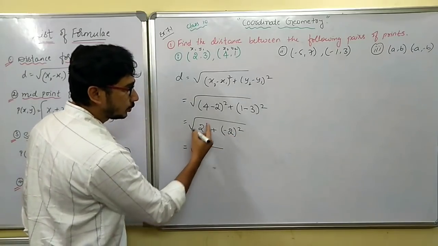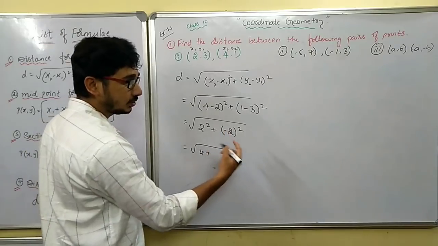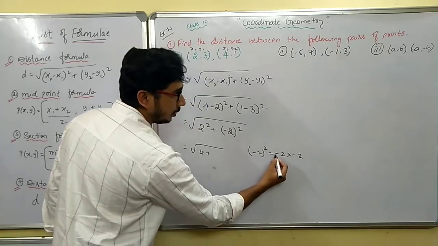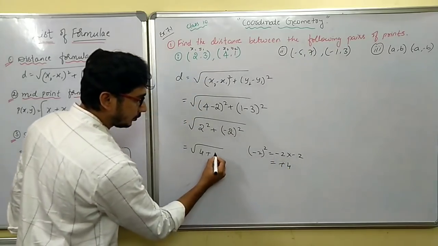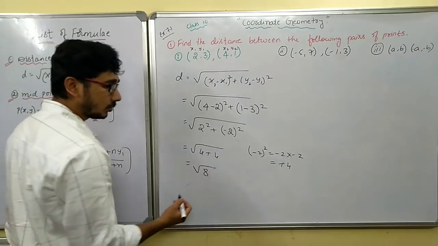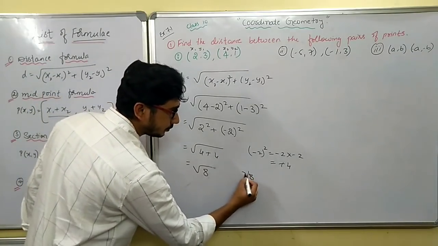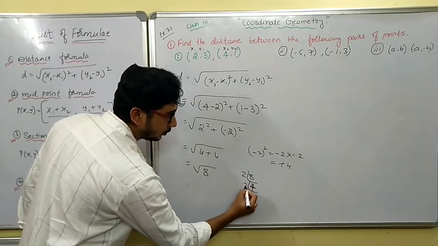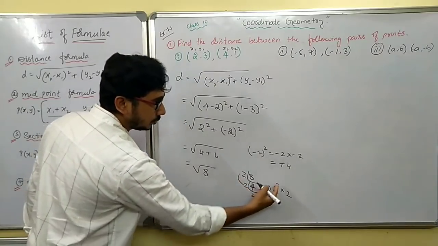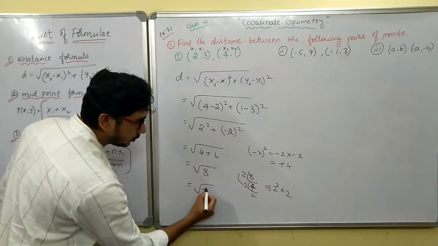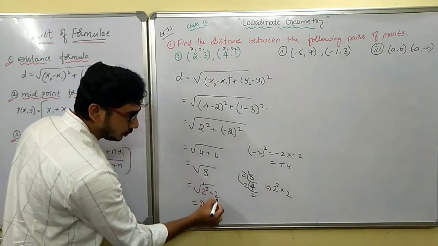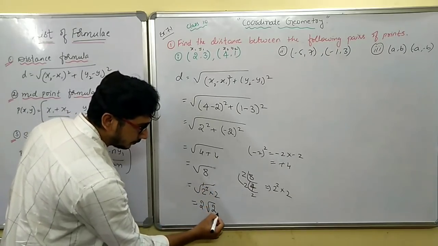So what will happen? 2 2s are 4. This is also minus into minus. See, it is now like this: minus 2 into minus 2. So minus into minus is plus, 2 2s are 4. I'll write here 4. So totally root 8. You can further simplify, or else you can keep it like that also. If you further simplify, what will happen? See, 2 4s are 8, 2 2s are 4. So it will become 2 square into 2. I'll pair this: 2 into 2, 2 square into 2. Now this square and this root will get cancelled, so 2 will come out. This root and 2 will stay there only. So this is the answer.